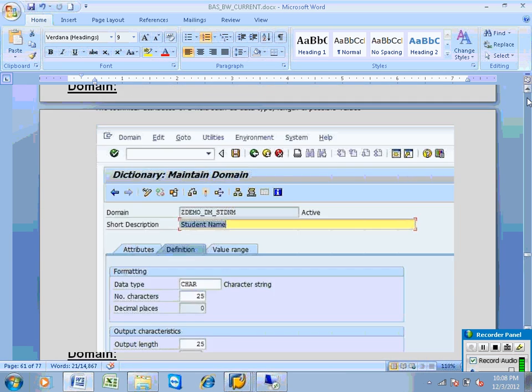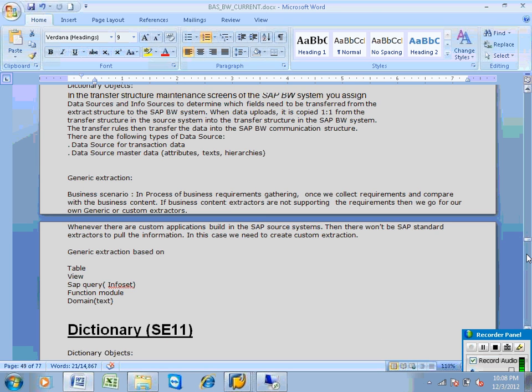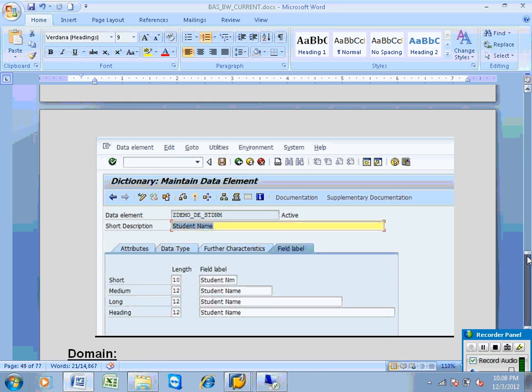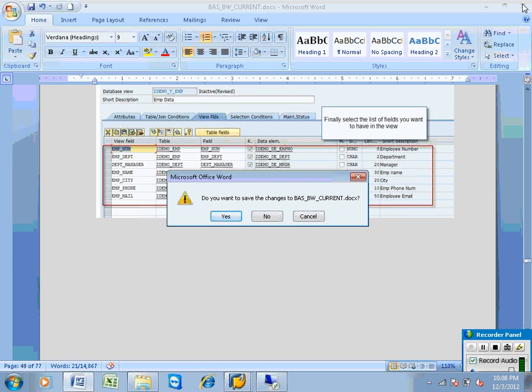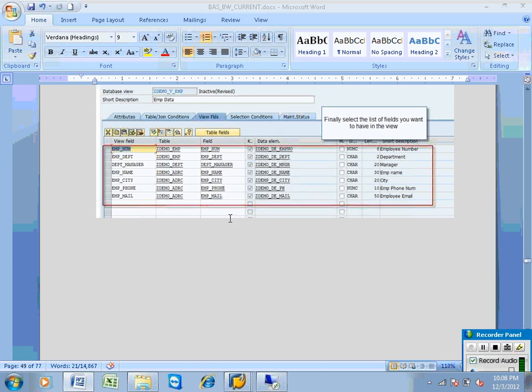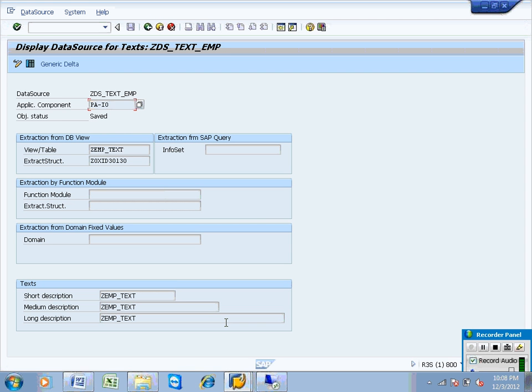This is about table creation and view creation and generic information about generic extractors. One second. Let me complete one more